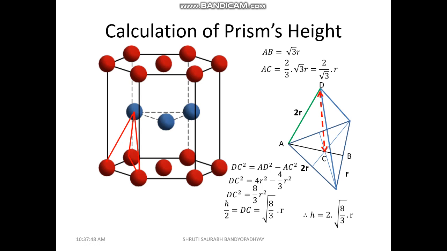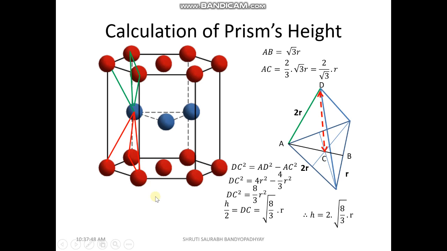As discussed in the previous video, we wanted to find out the prism side. Now we can consider this portion of this hexagonal prism as divided into two pyramidal structures. One is indicated by the red lines. The three red spheres form the base of the pyramid, and the blue sphere when connected constitutes one pyramid.